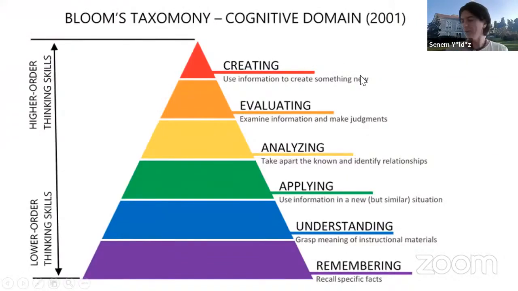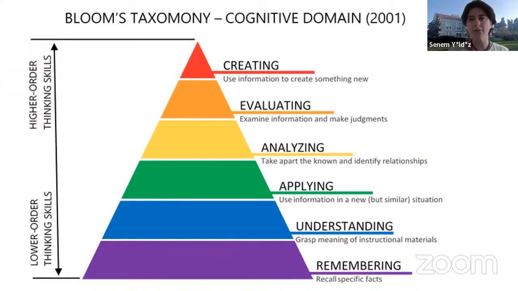Another not a framework, but maybe you're all familiar with Bloom's taxonomy. Bloom's taxonomy is a way of categorizing and ordering thinking skills of people. And they are used mainly in education to develop learning objectives. For example, on this triangle, the bottom levels